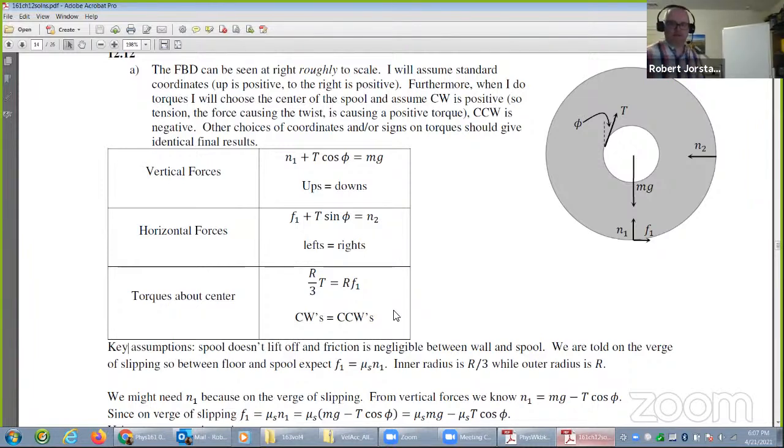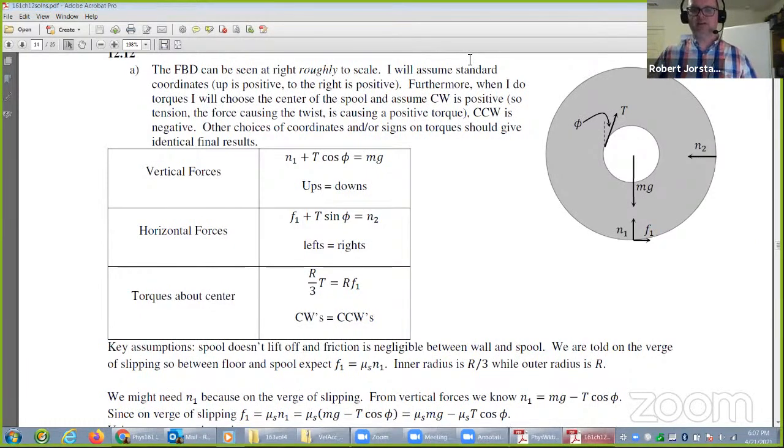And so I forget who it was. I think it might have been Jesse that was asking, shouldn't this thing lift off? And I tried to draw this approximately to scale. The idea here is if we assume this coefficient of friction is about 1, these two arrows are about the same size. And then we see that there's some component up here plus some component up here, and those balance this down here. So it is possible to put this thing on the verge of slipping